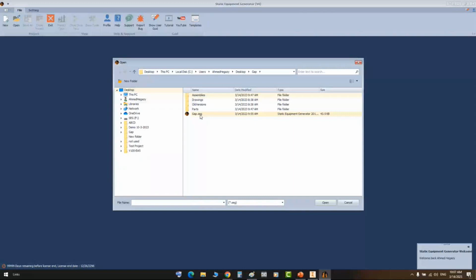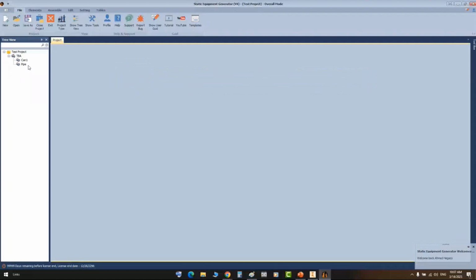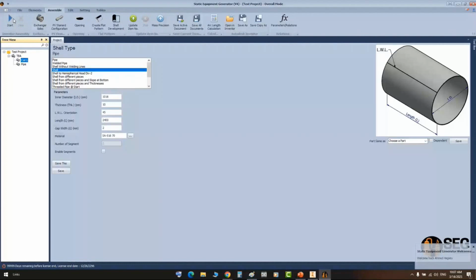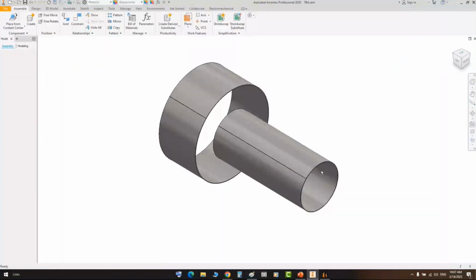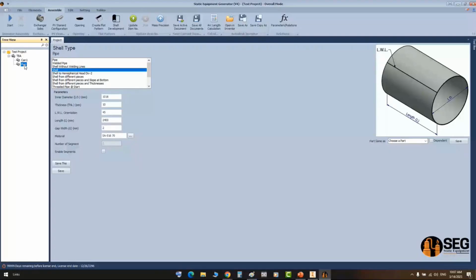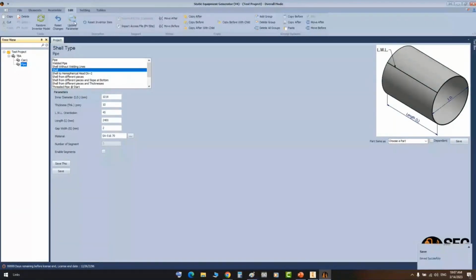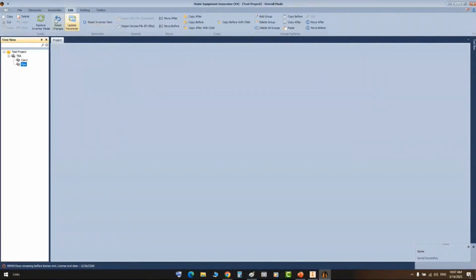Now, as you can see, you have the 2 nodes on the tree, and if you try to open here, everything is okay. But sometimes during the information stuck on the memory, you may lose this part. To create it again, you can select this part from the tree and click on save, and from edit click on reset inventor item to delete this part and create it from scratch again